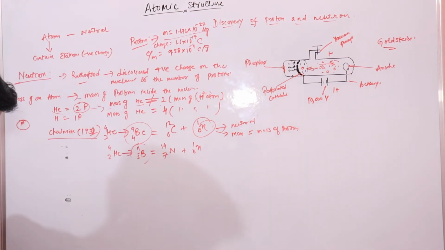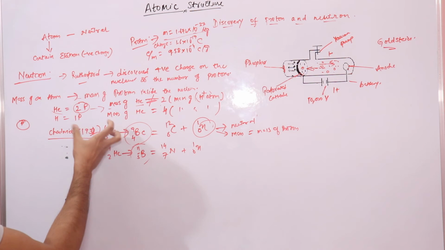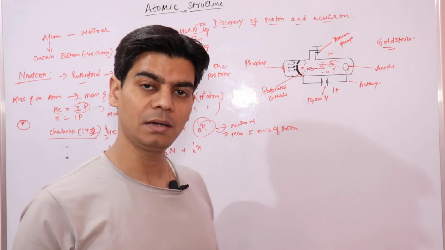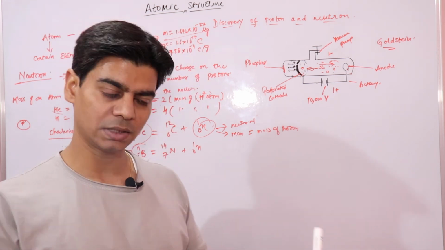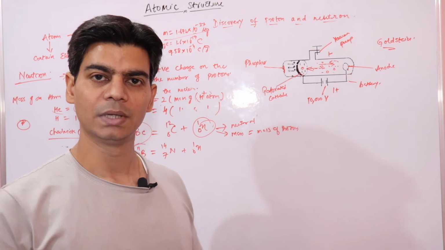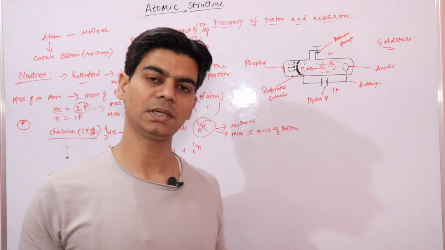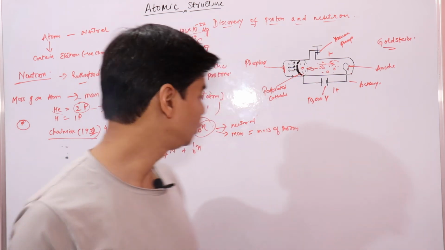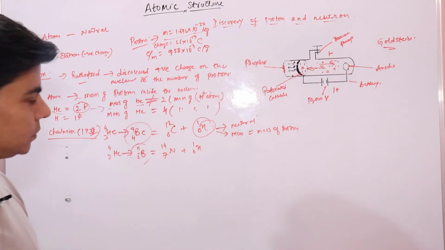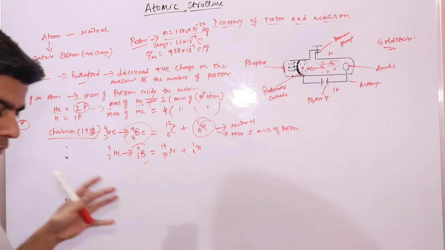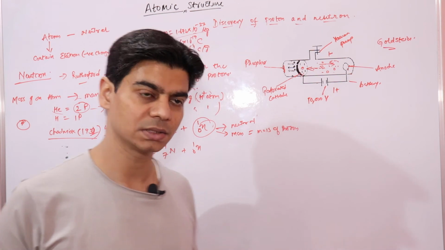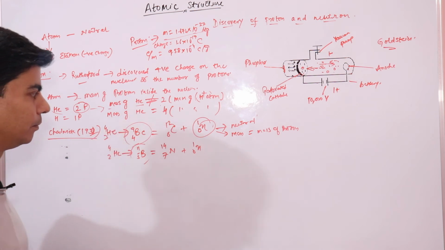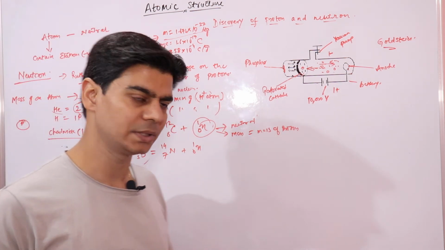But experimentally, the mass of helium is found to be 4 times the mass of hydrogen ion. What could be the reason? Then Rutherford said there is some neutral particle present inside the nucleus of an element that is contributing this extra mass of 2 units. What is this particle that is adding 2 more units in case of helium? A similar discrepancy was seen in other elements as well.